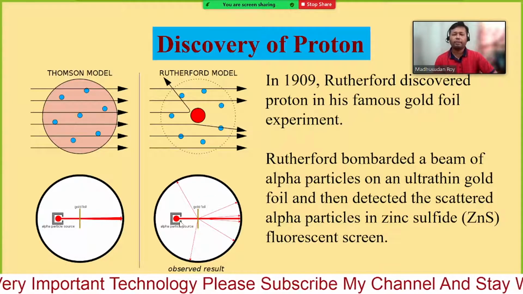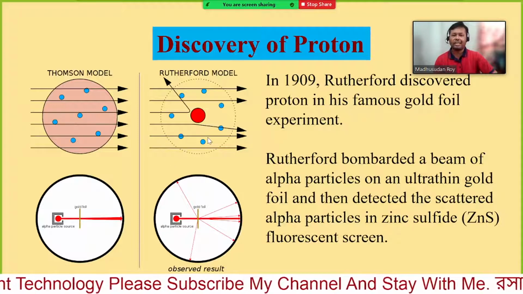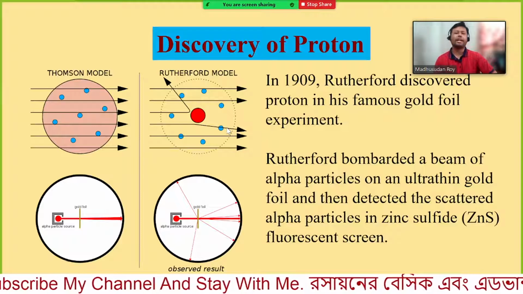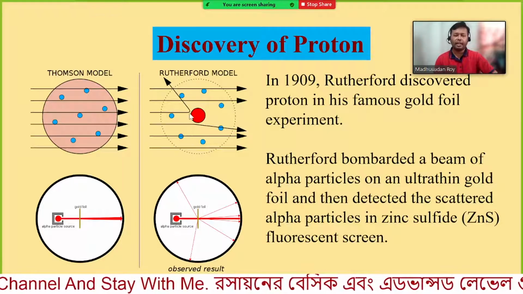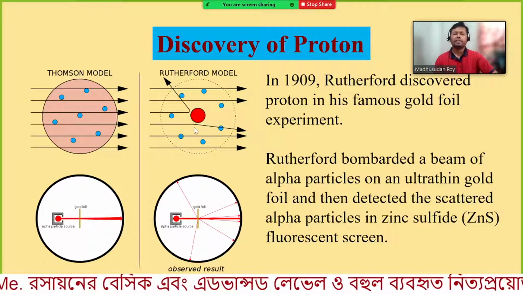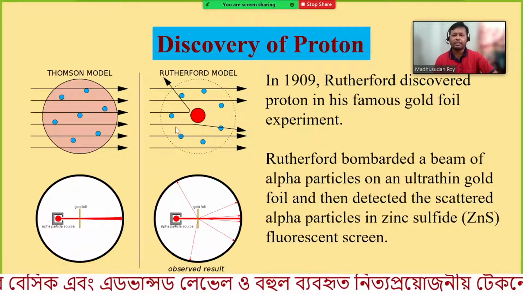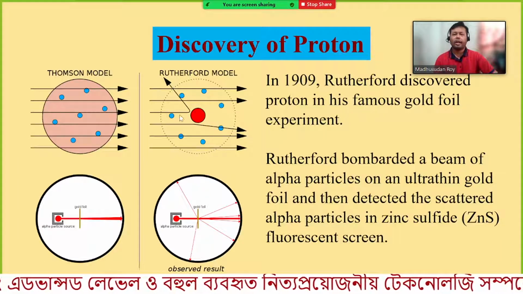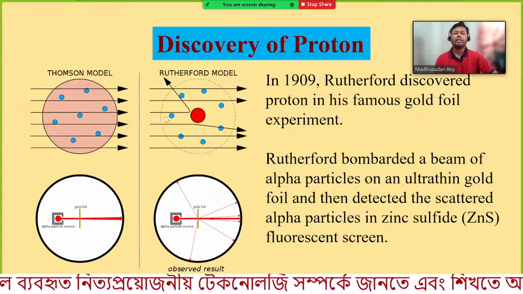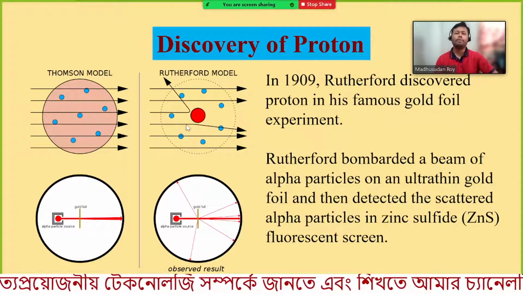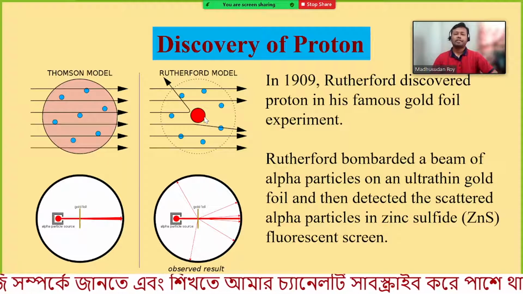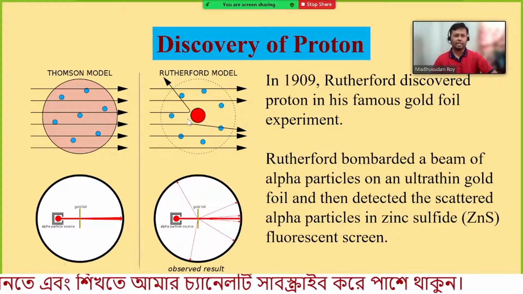So if the alpha particle strikes an electron, it does not change direction. But if it strikes the center, where something heavy is, then if it strikes on the side, it will reflect a little bit, and if it strikes close to the center, exactly at the middle, it will go back or reverse. Therefore he concluded that something heavier is inside the center.